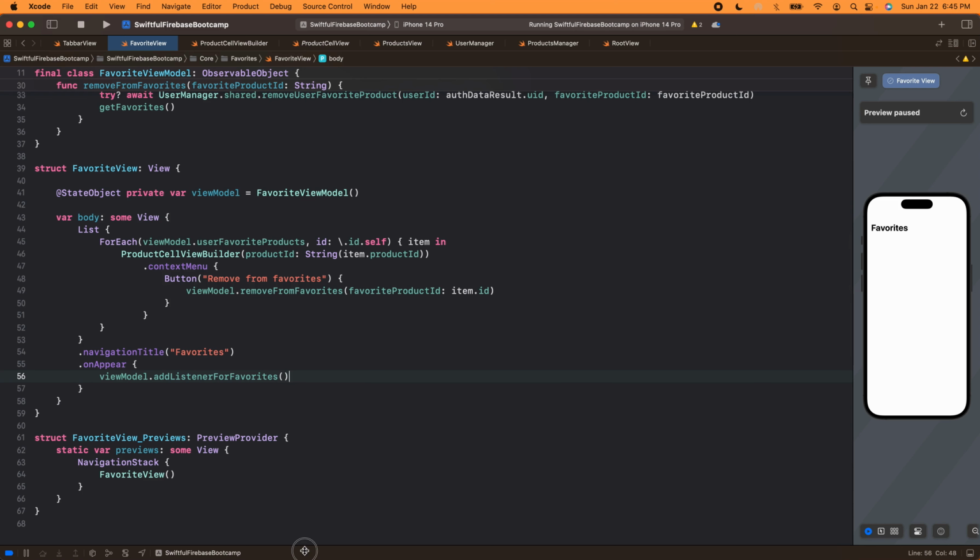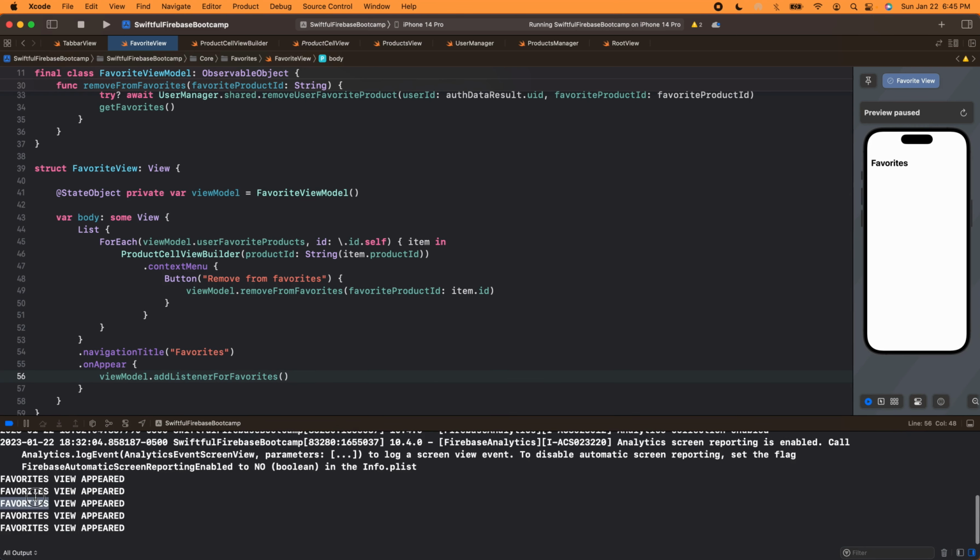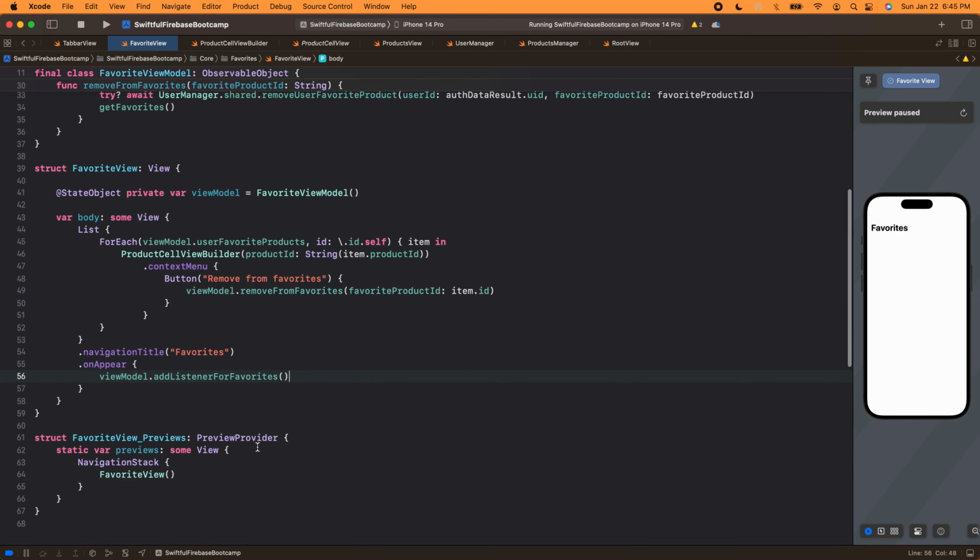Now you saw in the last video, when we played around, the onAppear was called multiple times, right? And so if we're adding a single listener, we only want to add it once. We don't want to add it 100 different times, then we're listening many times to the database. So really what we want is just on first appear. And so we can create a little